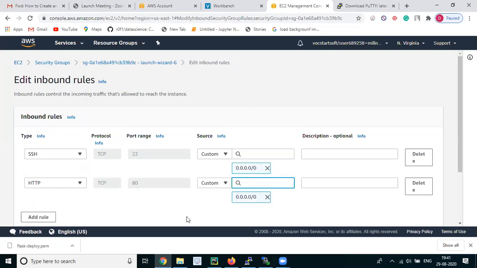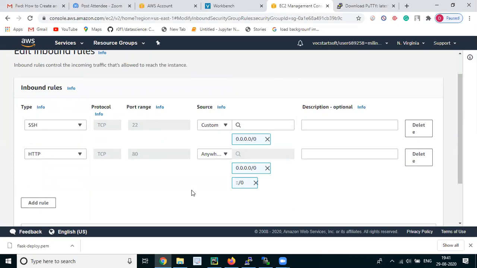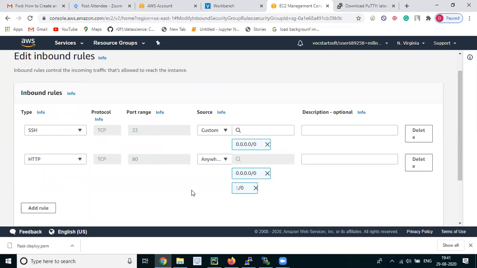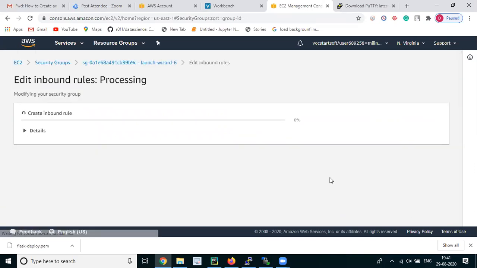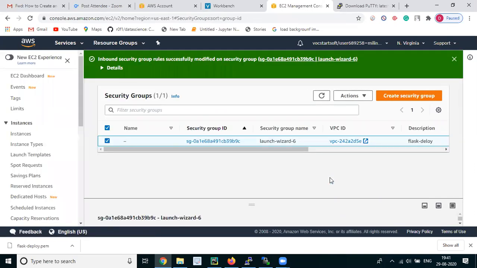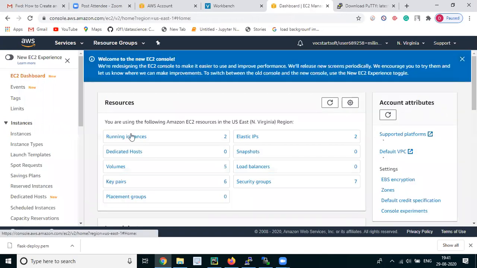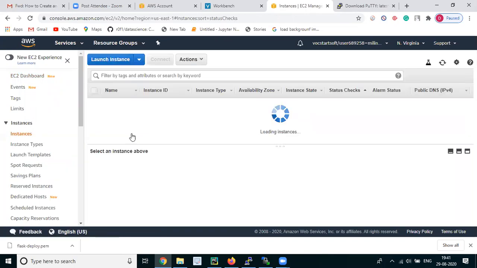I guess we can select another one. Yes, so in this way we have to set up our HTTP port, that is 80. We have to save the rules. Yes, so all done.